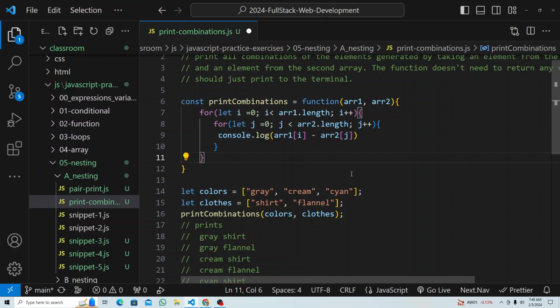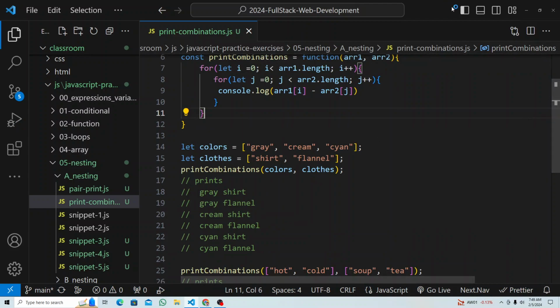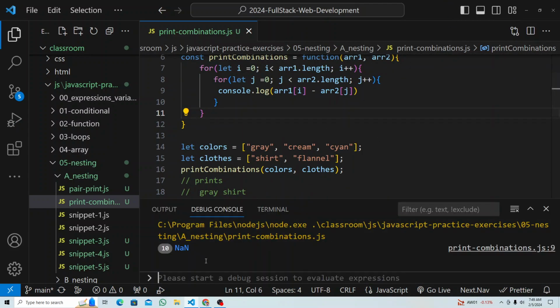Okay, let's see if this will work. F5. See, we get not a number. It did not work